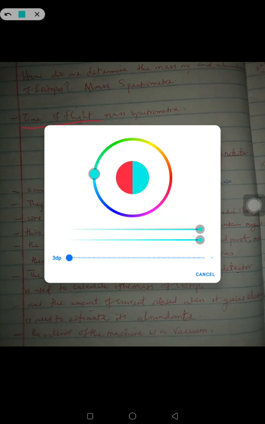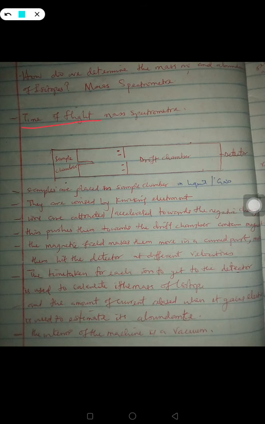adopted to studying certain properties of elements. Okay, that's where it's from. So the time of flight spectrometer uses the principle of time of flight. Now, what's the principle of time of flight? The principle is that